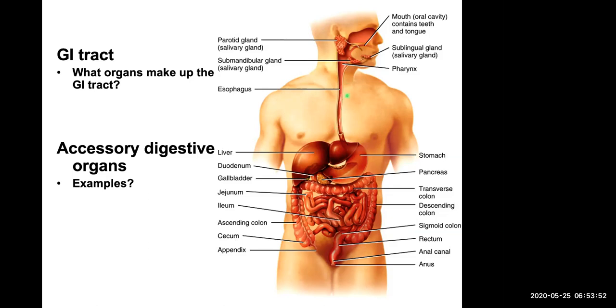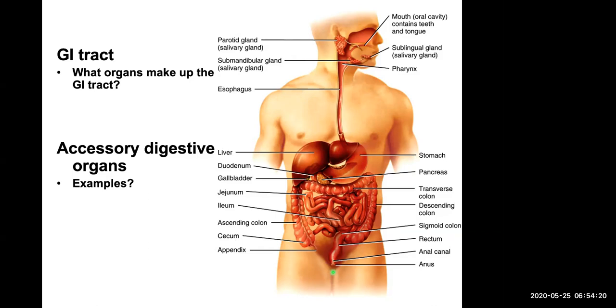So we call this part the esophagus, and then it gets to the stomach, and that leads into the small intestine, which then leads into the large intestine. And then the end of the tube, the GI tract, is an opening called the anal cavity or anal canal. So we've got two openings, one at the oral cavity and the other at the anal canal leading out to